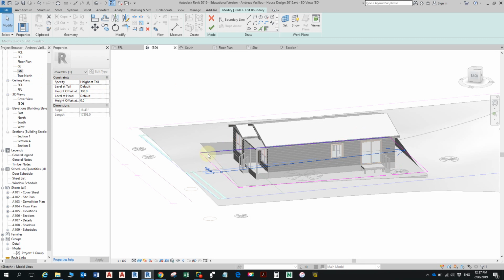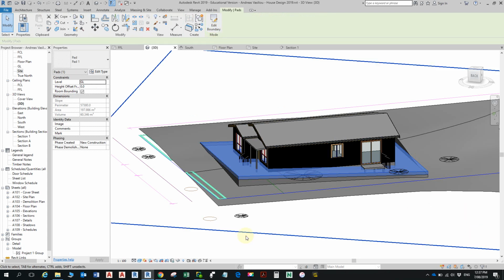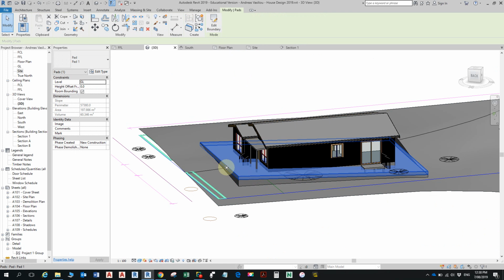So the tail is over here. So I could make it, for example, up 300, I don't know, I just put a ridiculous number, make it 1000, see what we get. Apply. See that? So it tilted it. So if I undo that,